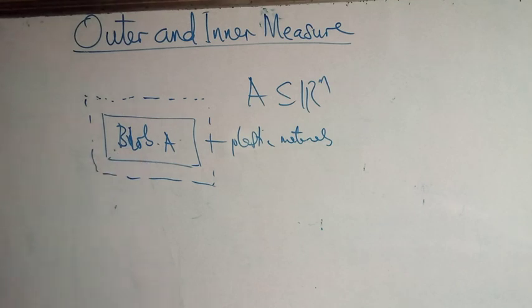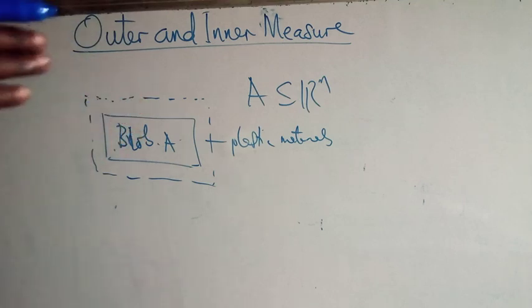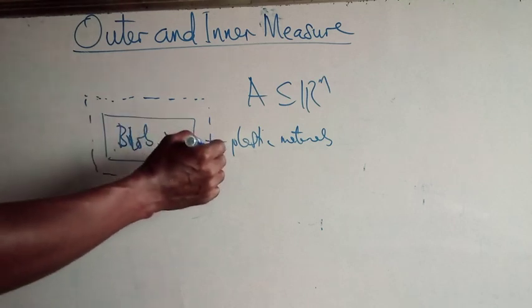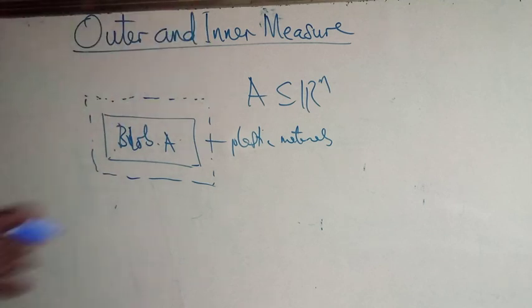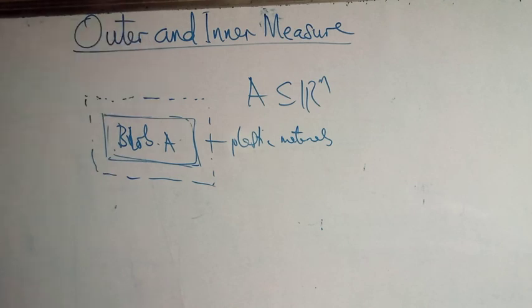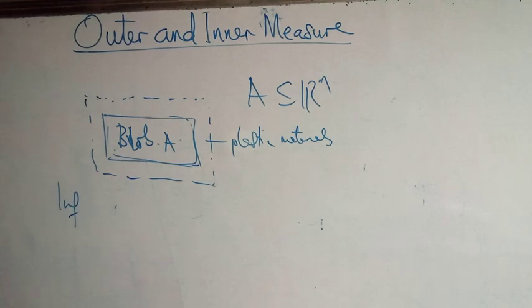Now, what I'm saying in essence is that we are going to have a lot of plastic material needed to cover this. We are going to have different sizes of this material, but we need the one that will give us the smallest area. So the smallest area of the material is what we need to cover this particular object A. That is why we always take the infimum, which is the greatest lower bound. That is for outer measure. Now, in the case of inner measure, the inner measure approximates the set from the